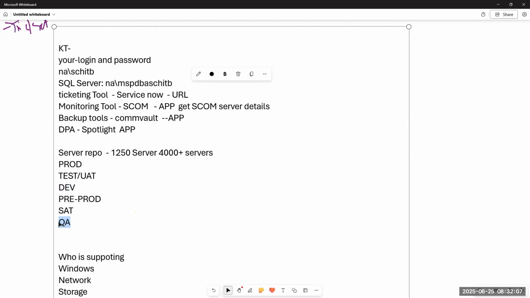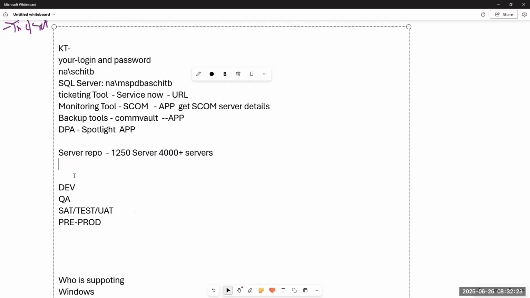When you go for a hierarchical level, I can write it in the form of a hierarchy only, sir. Technically you should call these environments. Dev, QA: the development team will develop everything and move it to QA. From QA to SAT, or technically you can call it test or UAT, anything is fine. They will move to this platform.